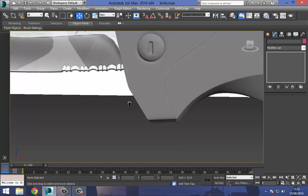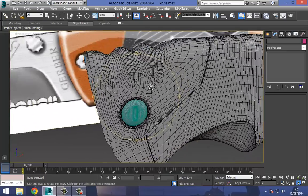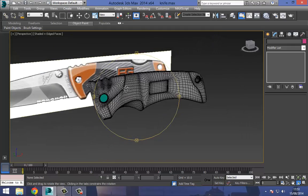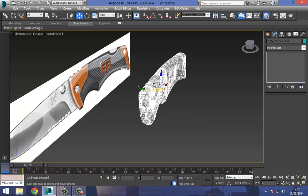Hopefully we don't get anything too weird. Okay, that's great. So we've got everything set to quads. We've sort of linked everything up there. We've connected everything. Okay, what I'm going to do is bring up the material editor here and